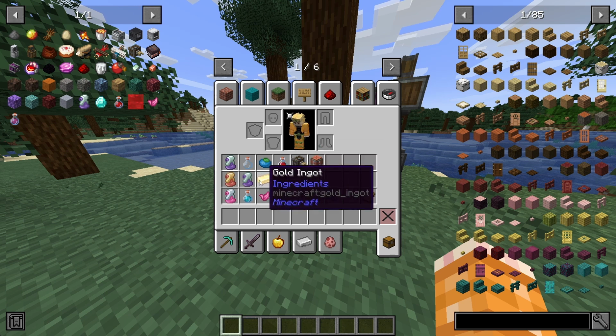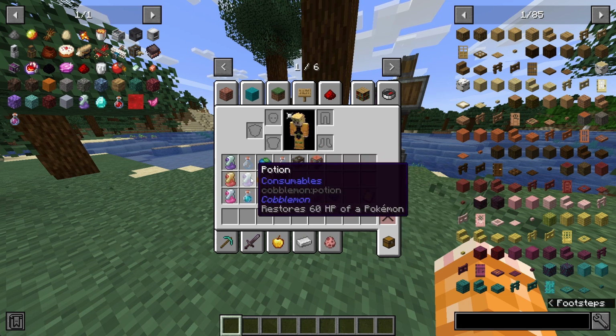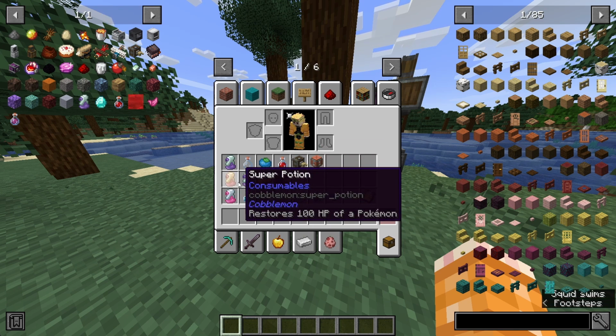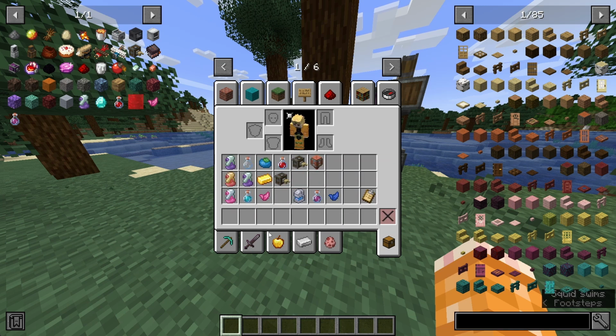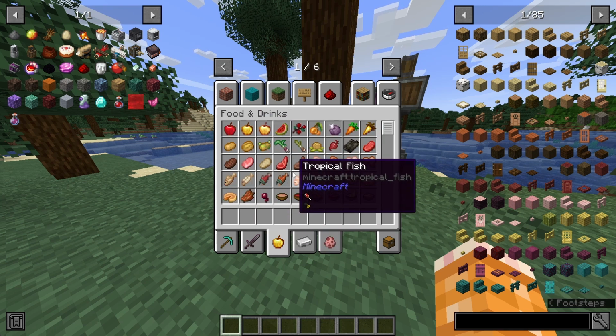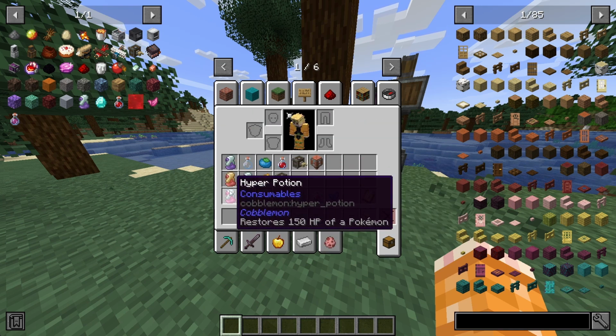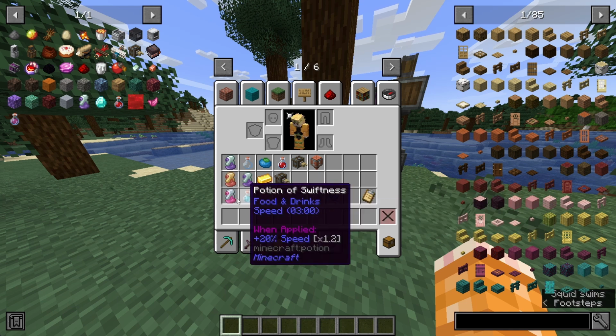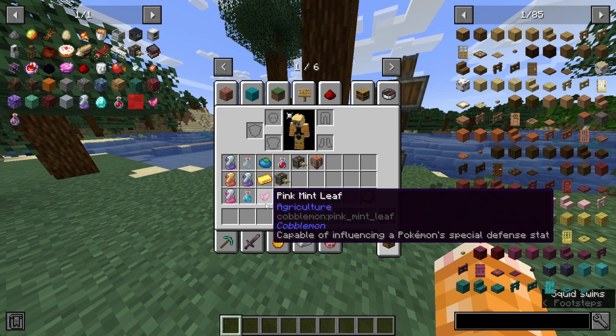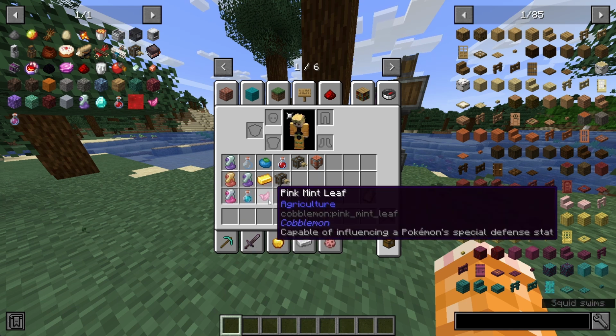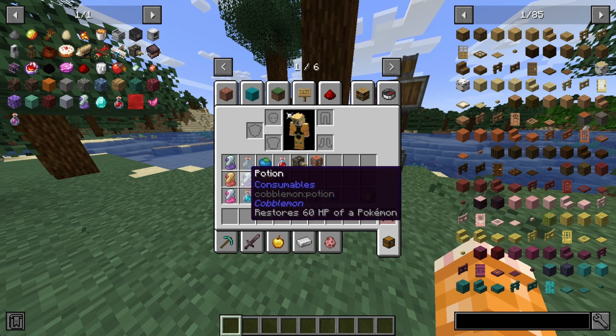But then you can make yourself a super potion by combining a potion and a golden get. I was thinking that this would be something closer to like a golden apple, but for Pokemon. And then, to get the hyper potion, I saw the word hyper in the pink, and I was like, alright, well, we'll take a potion of swiftness and a pink mint,